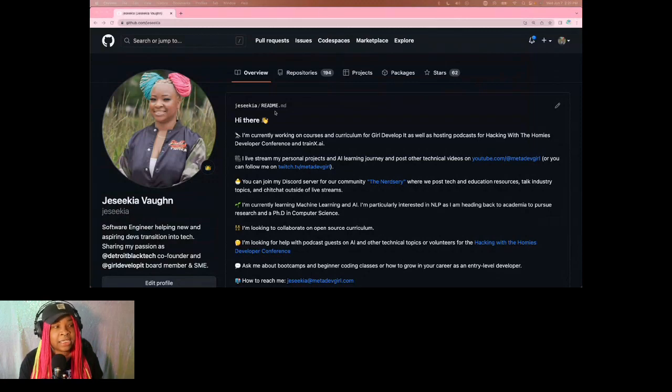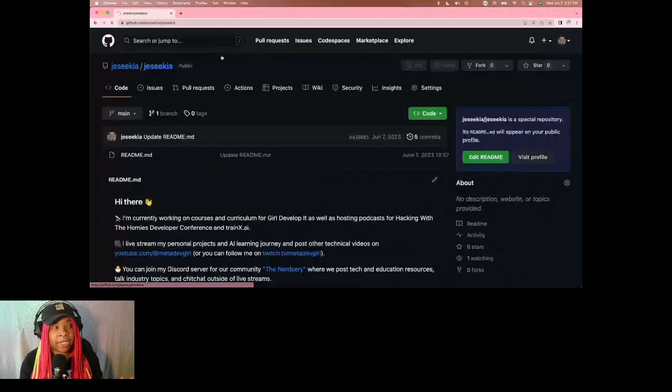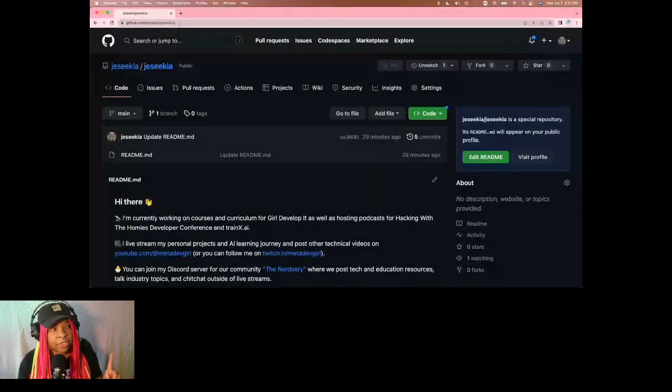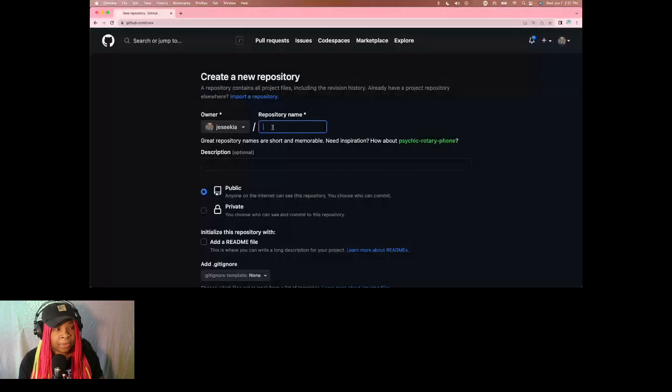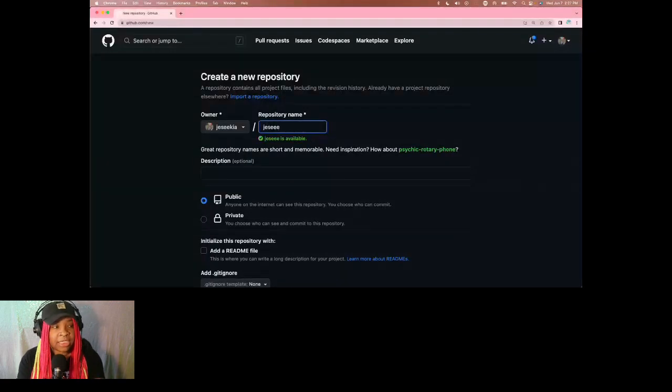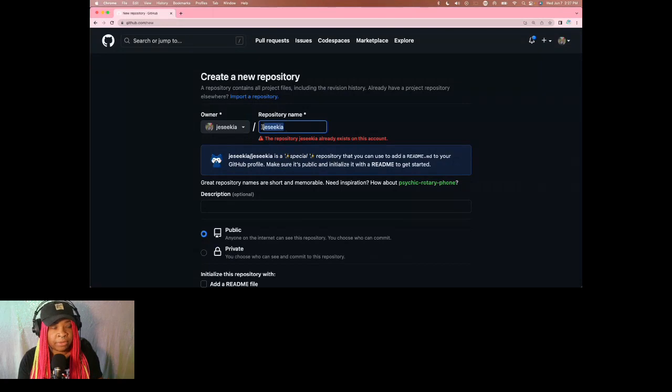But yeah, this is a special repository. So let me show you how this works. Under your profile, this is one of two special repositories that I know of. The first special repository: you will go to GitHub, create a new repository, but your new repository will be the exact same name as your username. This is not going to work if you use any other name. Whatever your GitHub username is right here, they need to be exactly the